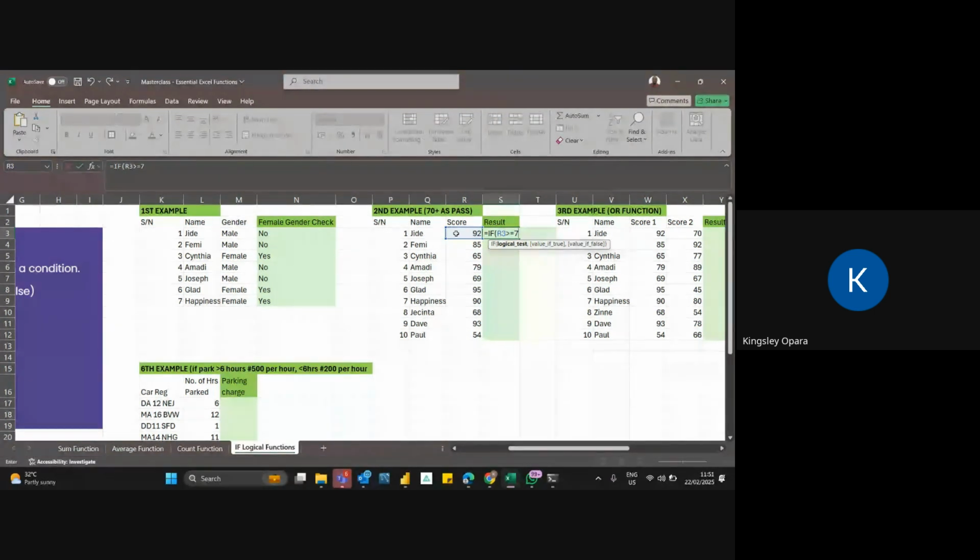So what is our logical test? Greater than or equal to 70, comma, if the value is true, give me pass, and if not, tell me that the person has failed. Then close the bracket, hit the enter button.